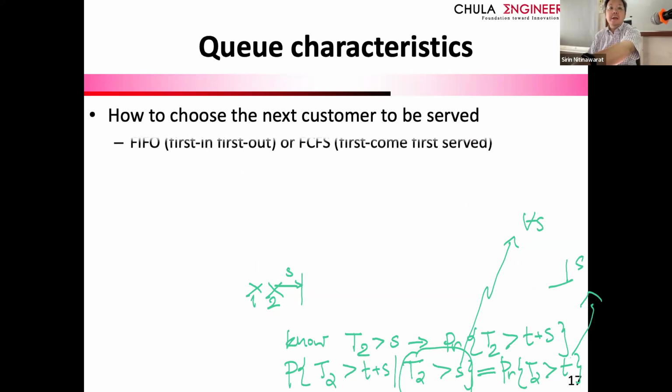The last element is the queue in the middle. Of course, the most natural one is first in, first out, or first come, first served. But that's not the only possible flavor of the queue. In direct opposition to that, what do you see? Last in, first out. What type of queue is that? Have you seen it? A stack, right? And you use it in algorithm class, or discrete structures.